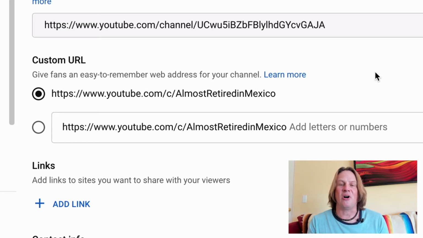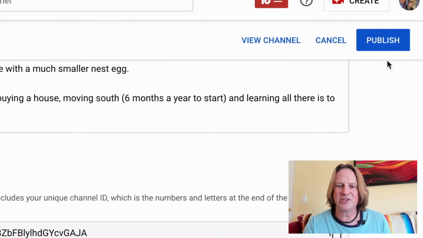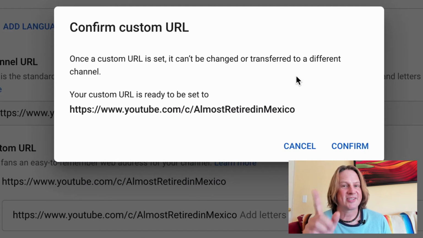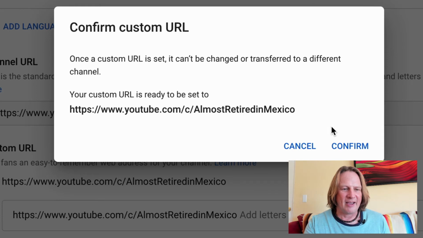So we're going to stick with Almost Retired in Mexico, and then I can head up here and just click Publish. And it's going to ask me to confirm because it can't be changed. Although at one point in the past, I have managed to change one of these URLs. So it's possible, it just might be difficult. So ready to be set. And it is